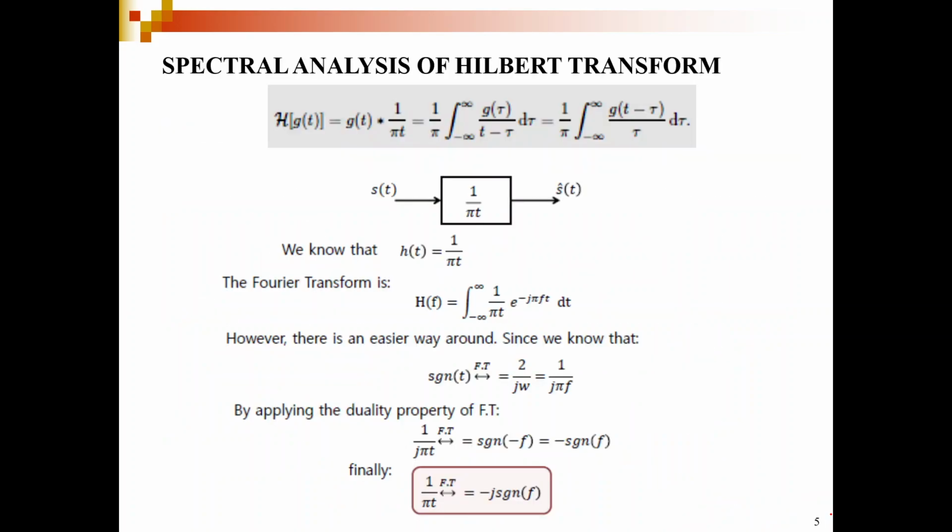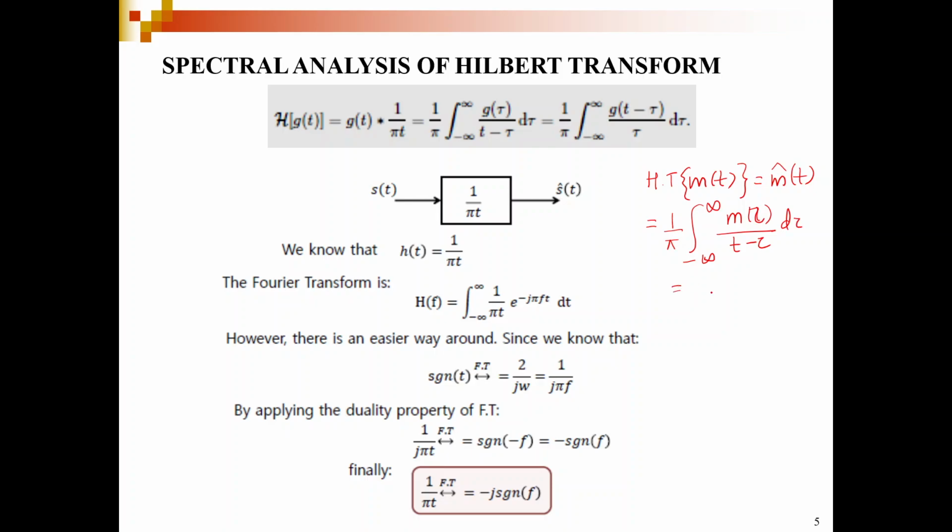So let us look at how this has been achieved. We have seen that the Hilbert transform of a signal g of t can be represented as, or in this scenario we can also consider m of t, which we have used in the class. The Hilbert transform of the signal m of t is written as m cap of t, where we wrote the representation as 1 over pi integral from minus infinity to plus infinity m of tau divided by t minus tau into d tau.